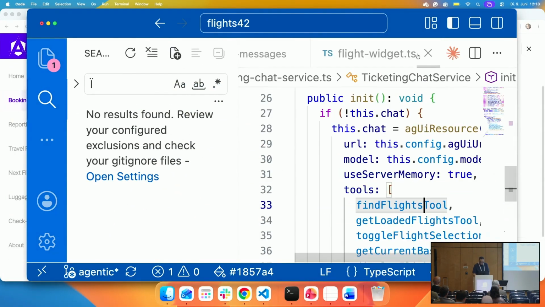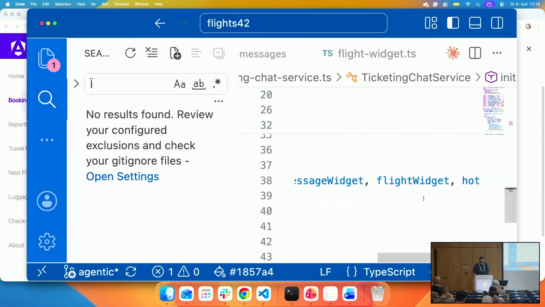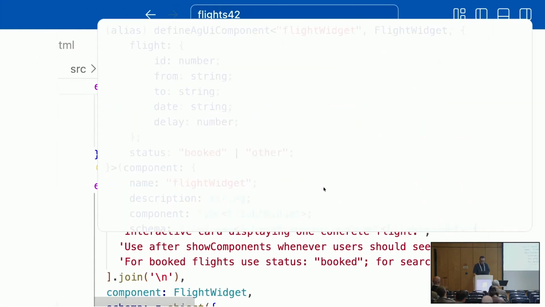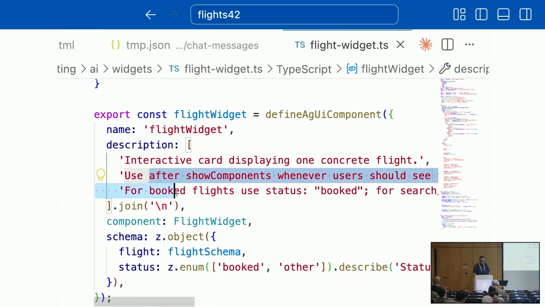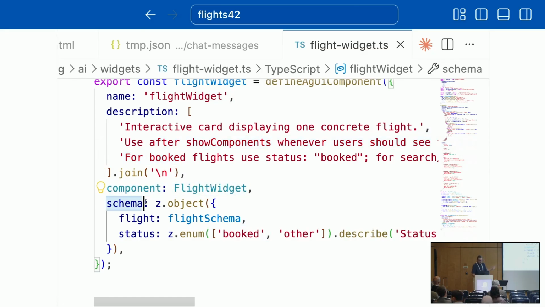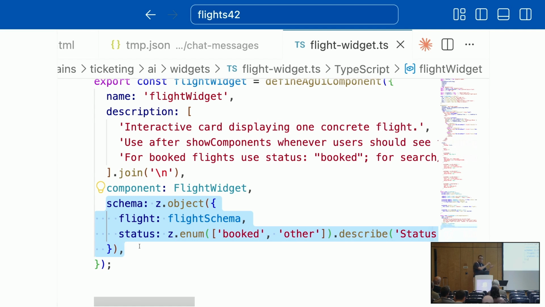Okay, when it comes to the components, it's quite similar. Also for the components, we have a description, a lot of text, the component itself. Here it's an Angular component. In other environments, we might point to a Vue or React or Svelte component. And also here we have a schema describing the inputs, the properties of the components. Because just selecting a component to display is only one side of the coin. We also need to define what to display inside of the components. That's why we have to populate properties, and those properties are described here.